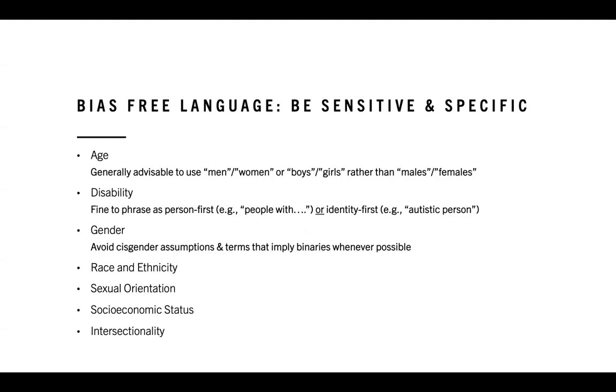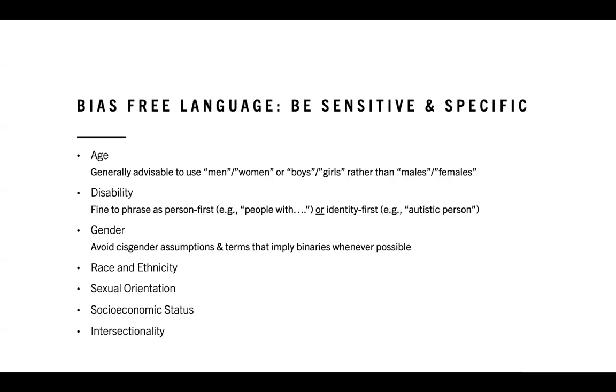So particularly around age, it's now recommended not to use the omnibus terms males and females. This gets at the idea of intersectionality: be as specific as possible about which gender terms you use based on someone's age. So for adults, you want to say men and women, or you would say boys and girls, or maybe young men, young women, for adolescents, rather than using the omnibus term males and females overall.